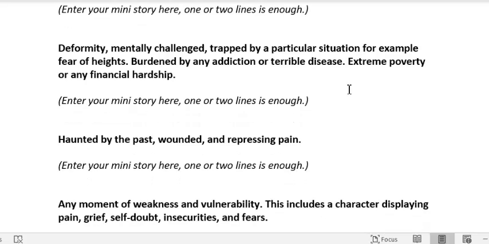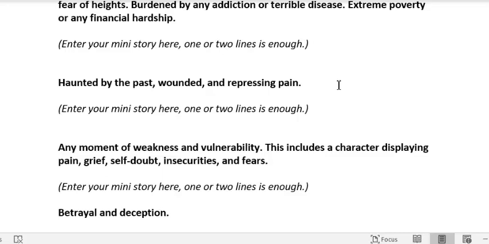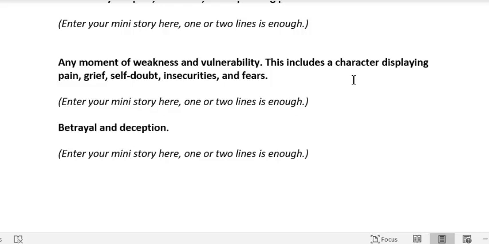Again, pause if you need to. Haunted by the past, wounded by repressing pain, pause if you need to. Any moment of weakness and vulnerability, these include a character displaying pain, grief, self-doubt, insecurities and fears. This will be to do with the inner journey. We go to the outer journey, what people can observe about you, when we come to the hero's journey story, or you've got the inner journey, what's going on inside you, how are you feeling? Okay, is there that pain, grief, self-doubt? It's important that you use that,